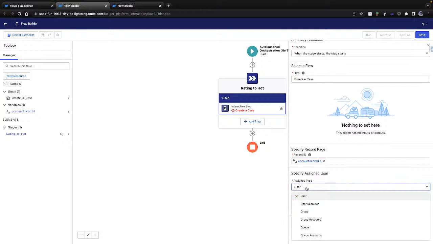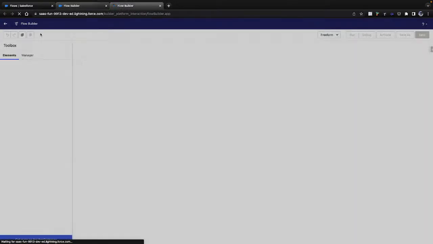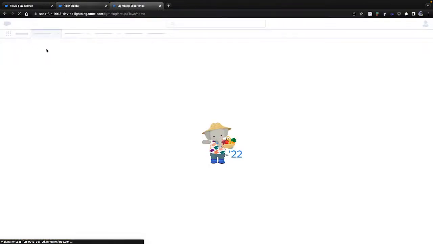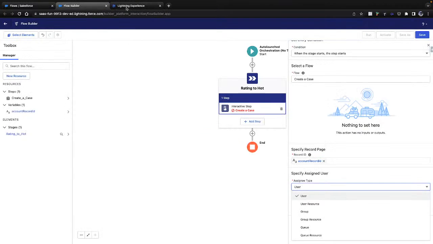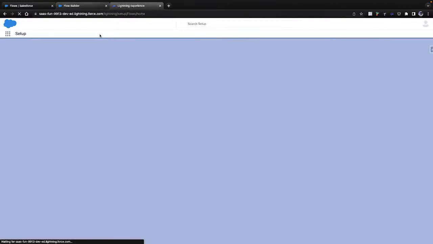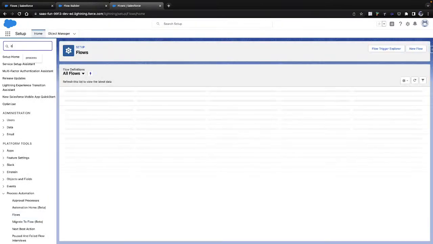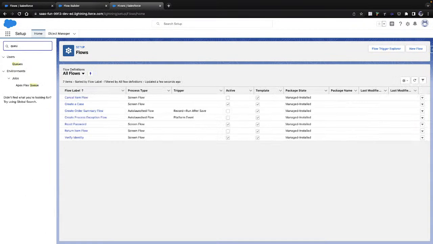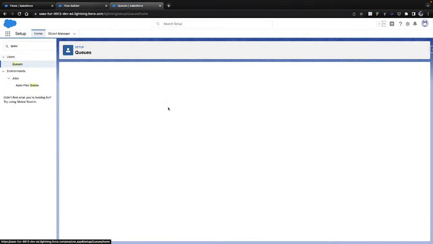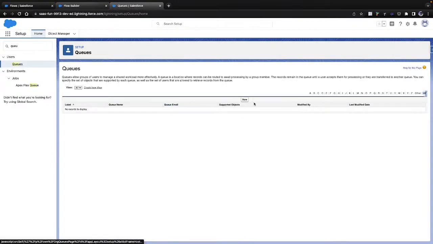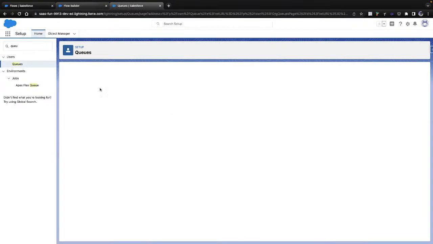What I'll do here, instead of assigning to a group, I'll go back and try something. I'll create a queue, and I'll see the behavior, because I don't have multiple users in my developer edition, so I'll try to manipulate with queues. Okay, let me create a queue.